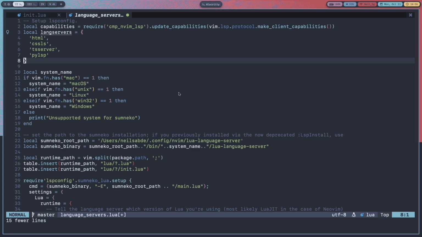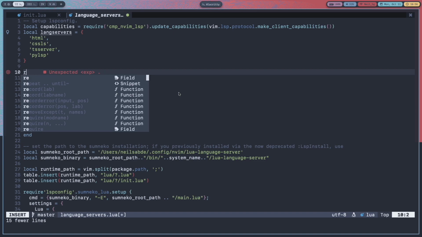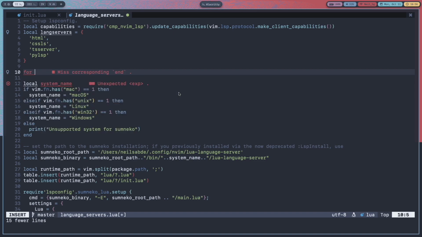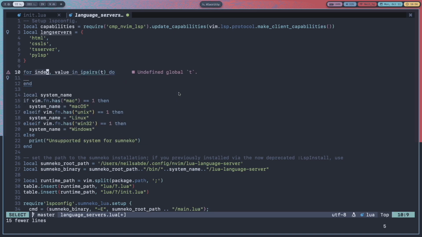So after that, let's do for _, server in ipairs(lang_servers).